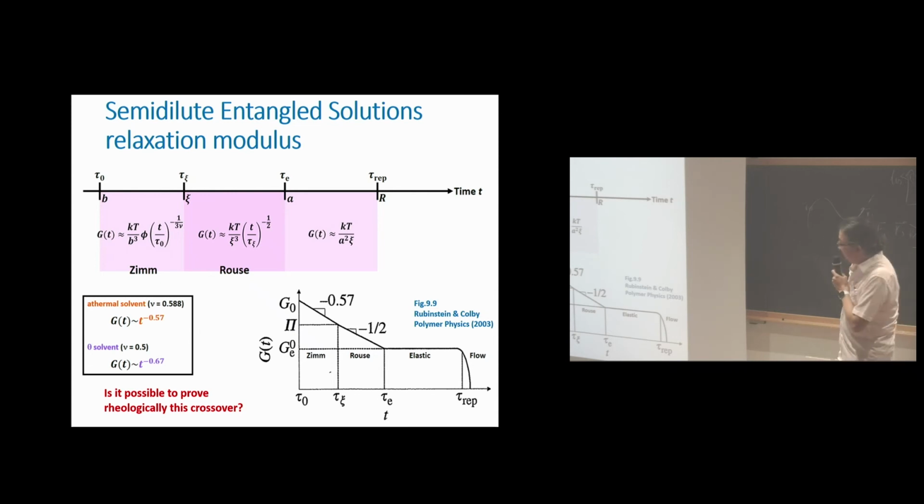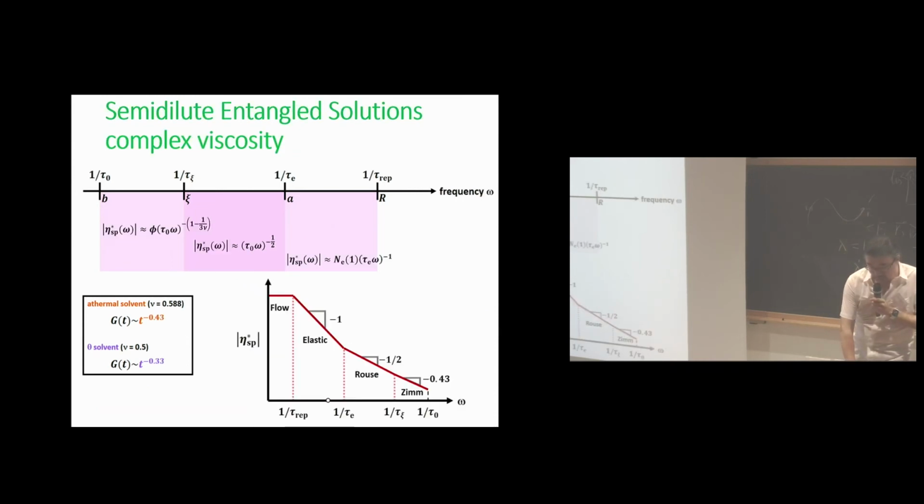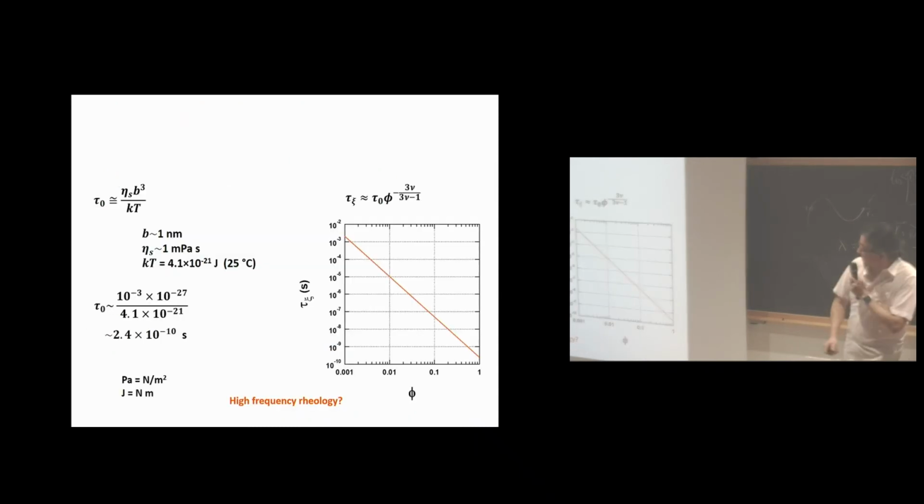Okay, so experimentally, how can we measure this? The slope change is already very, very small, so is it possible to do that experimentally and accurately? And we can check the time scale of this